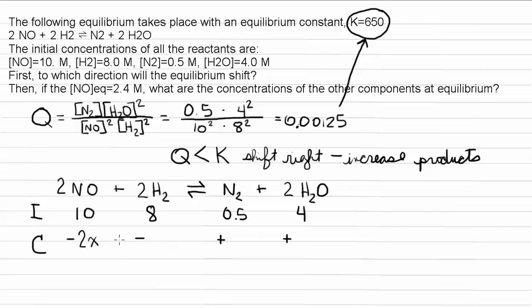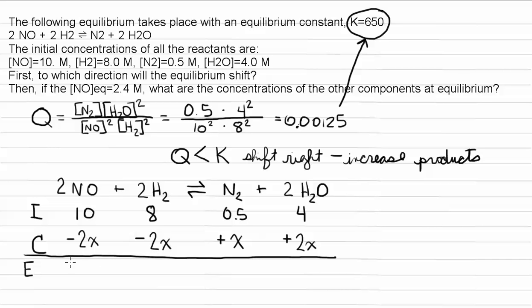Change for hydrogen is also minus 2x. Our nitrogen is going to increase by x. And our water is going to increase by 2x. So, at equilibrium, the concentration of NO is going to be 10 minus 2x, 8 minus 2x, half